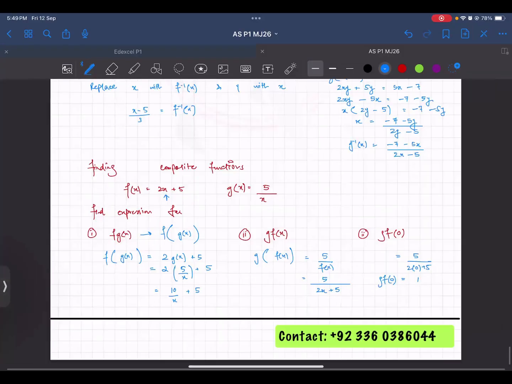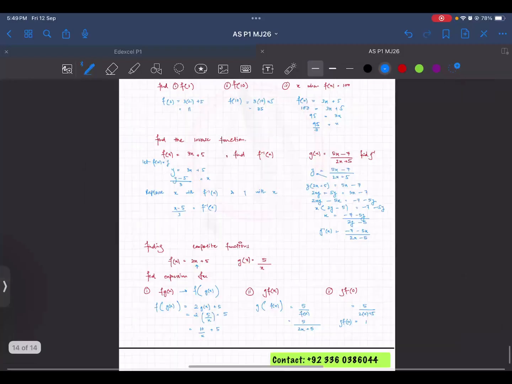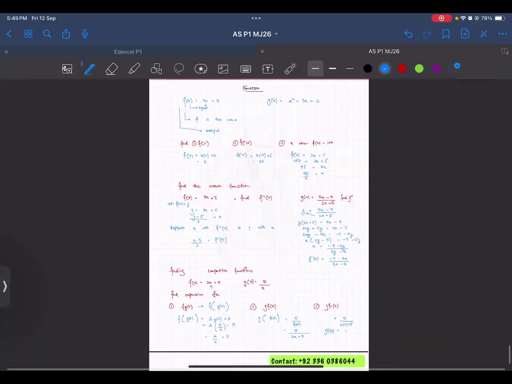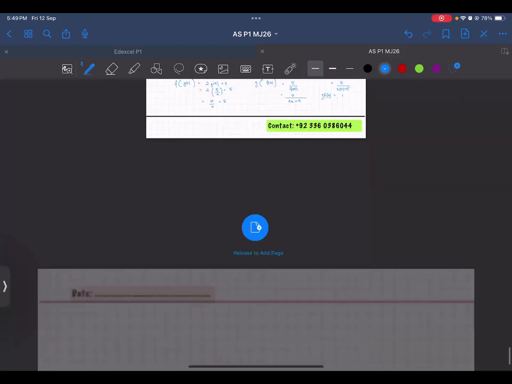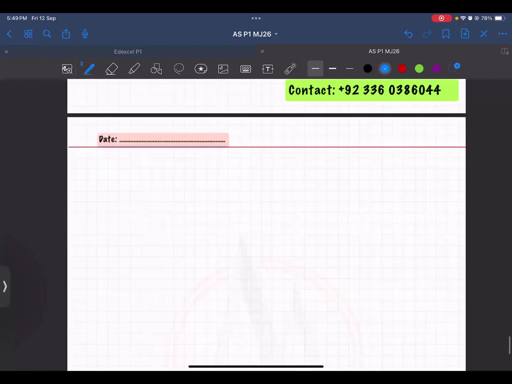This is what you had done in your O level IGCSE, and everything that you can see over here is repeated. Everything is included in your AS level as well. And then there are further more things as well. Now, if we move on to the AS part, the newer part,